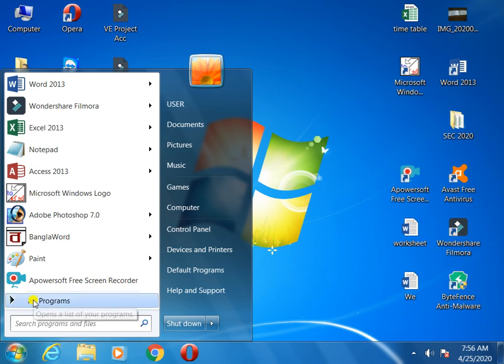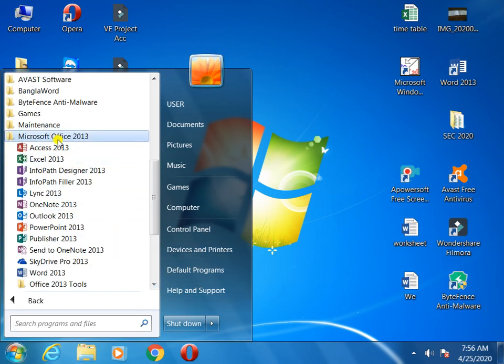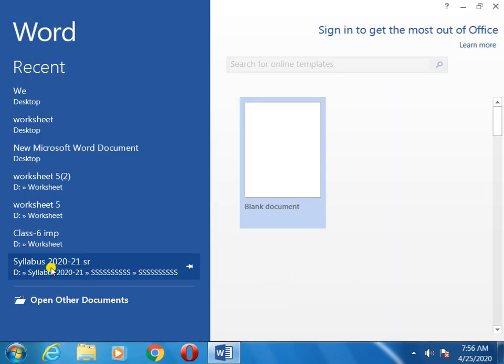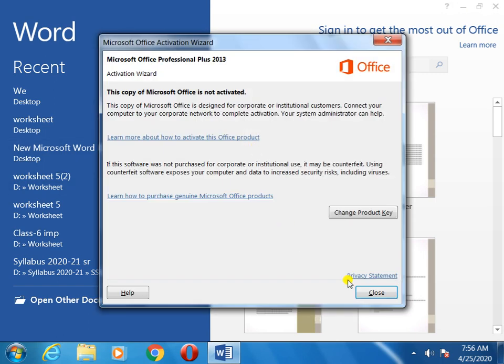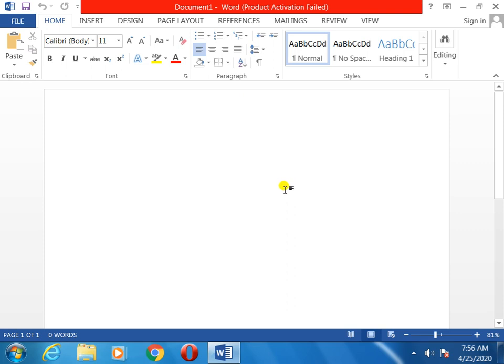Start, all programs, then Microsoft Office 2013. I have told you any version is fine, there is no problem. Now, blank document. My Word document has opened.